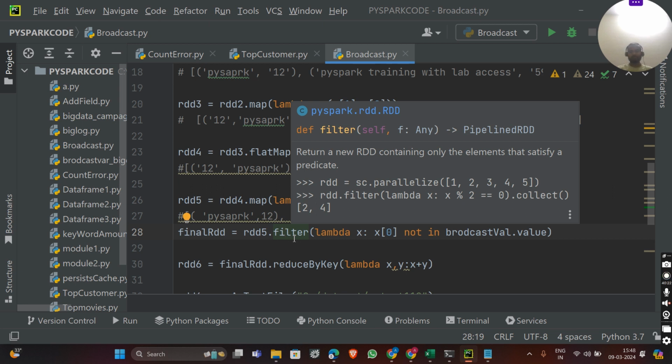That's it in this video. Here we learned how to create a broadcast variable, how to apply some transformation on a broadcast variable, and what a broadcast variable is. I hope you are able to understand this broadcast variable. And if I find the fix for this code,